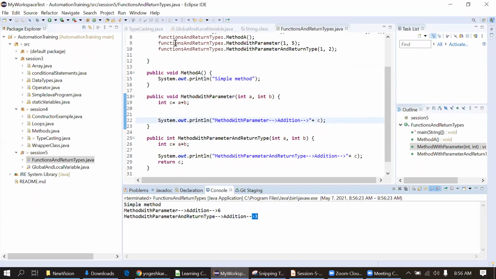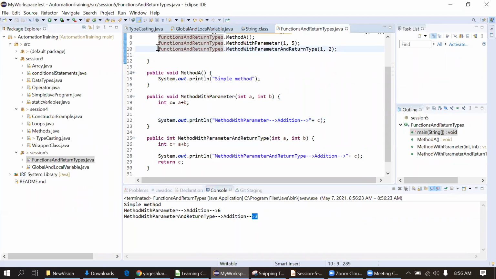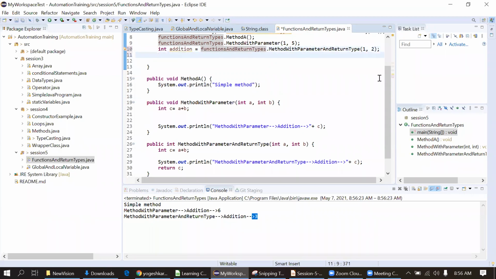If you want to use it, we can simply assign this method to an integer like this. We can use any variable name here. Integer addition, this is my variable name. Sorry, not colon, it's equal. And now from here I will print. Main method.